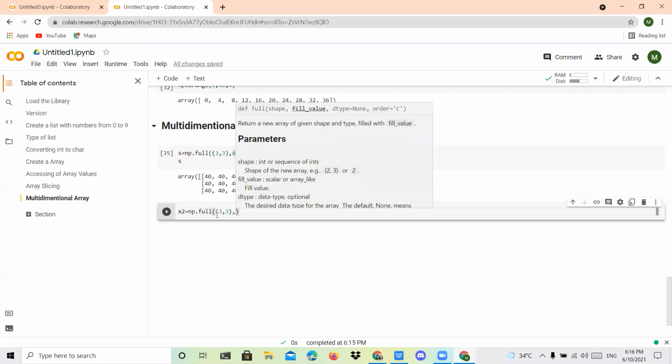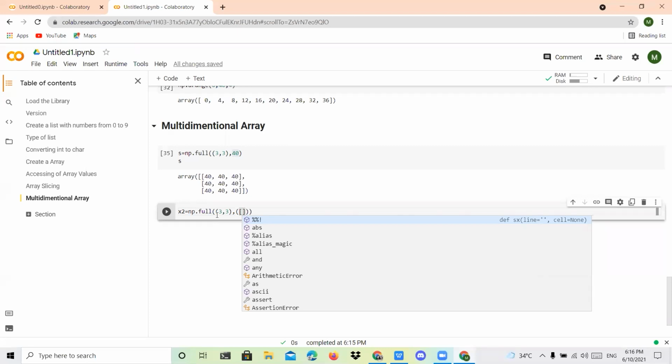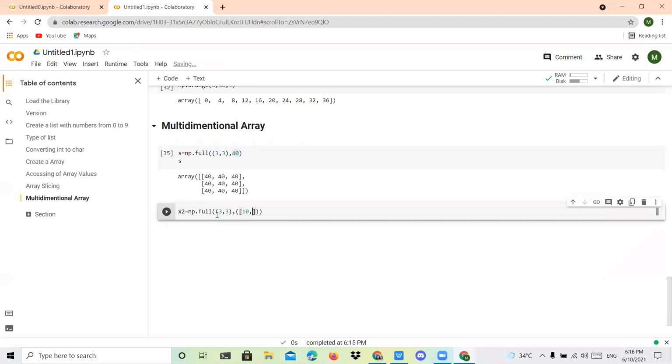And after that, I'm going to give 3 cross 3 values, right? 3 rows I'm going to fill. So use another bracket. And each and every row should be filled with a square bracket. It's an array, right? So use one square bracket. This is my first array. I'm going to give the values 10, 20, 30 and use a comma operator.